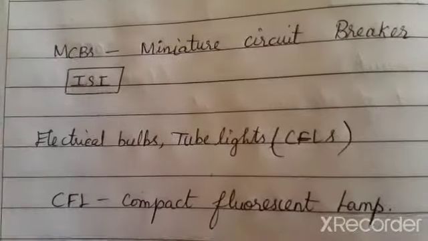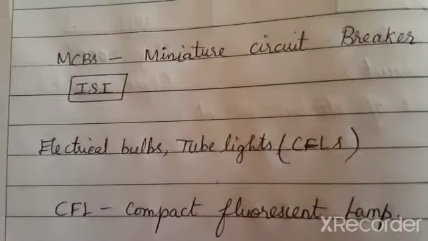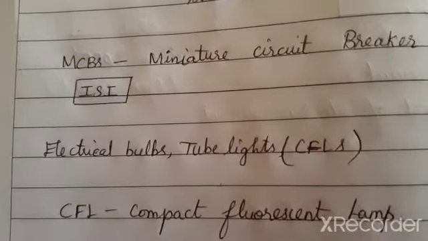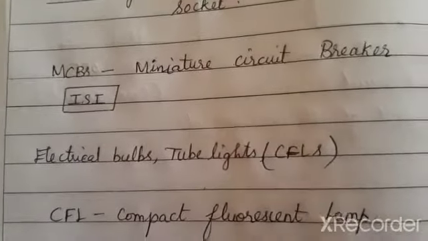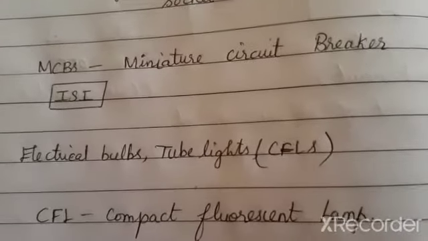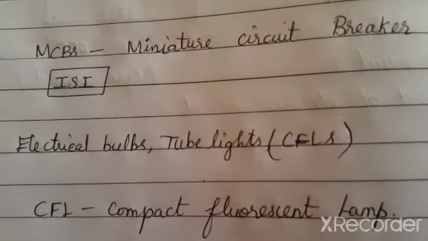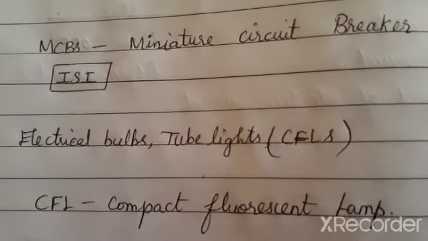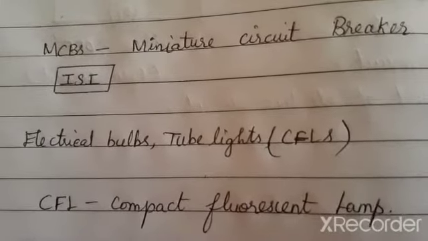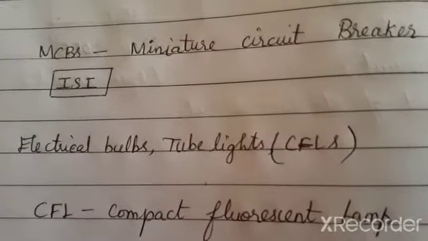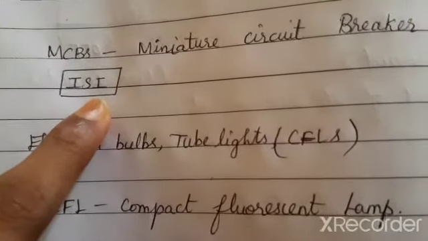Now what is this ISI? ISI is nothing but the standard produced by the Indian government for these electrical appliances. MCBs and fuses act as safety devices for the human as well as for the electrical appliances. These devices are of high importance and we cannot use low quality ones available in the local markets. There are certain standards for those devices that have to be fulfilled. The standards are designed by the Indian government and that is called the ISI.